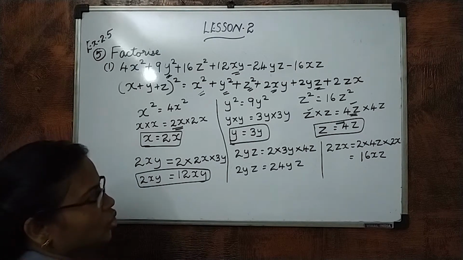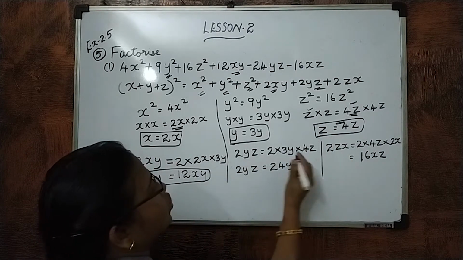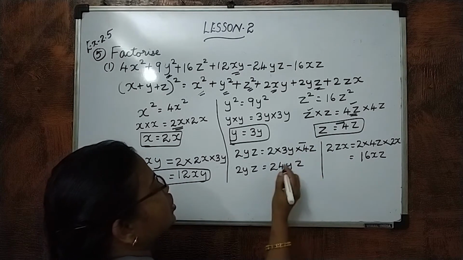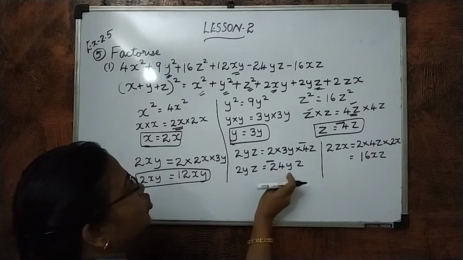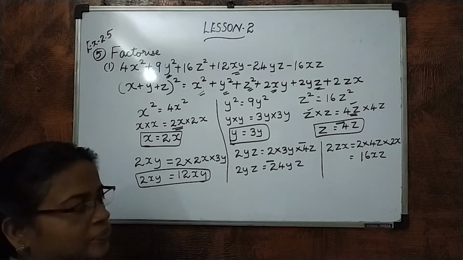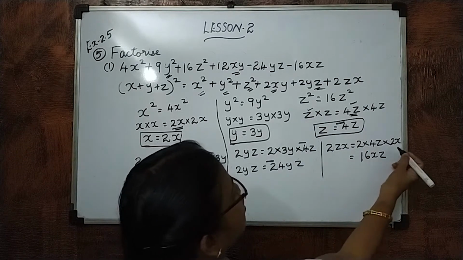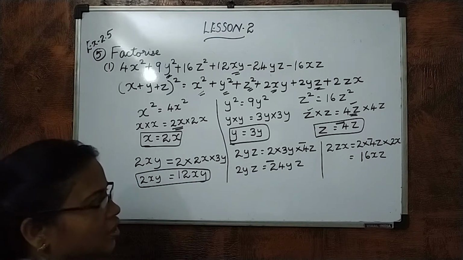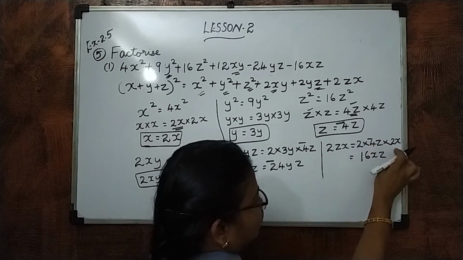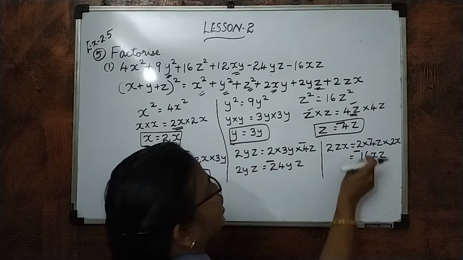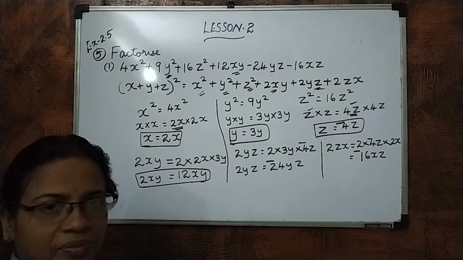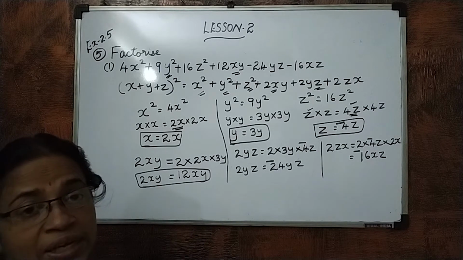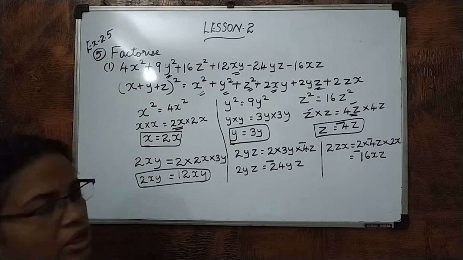Now we will check it. Okay, so here z is there, so here also a negative 4z you have to write. Here full positive into positive, positive, positive into negative, negative. Now look, negative 24y. Again z is here, so here it is 4. So 2 into negative 4. Now positive into negative, negative, negative into positive, negative. So negative 16x. Clear? Whenever there is a negative sign, find the variable which got the negative sign. There you have to apply.